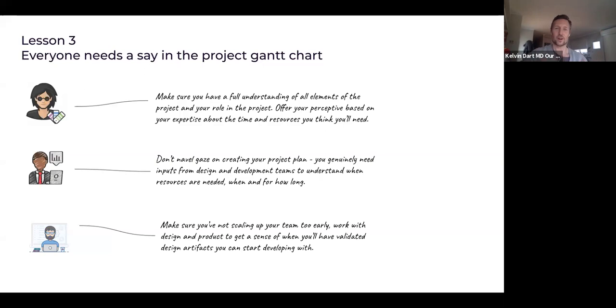So what does that revised version look like? And are you happy to accept that? Therefore, you're not having conversations later on, which was, well, I didn't have enough time to execute that. I didn't have enough resources to execute that.